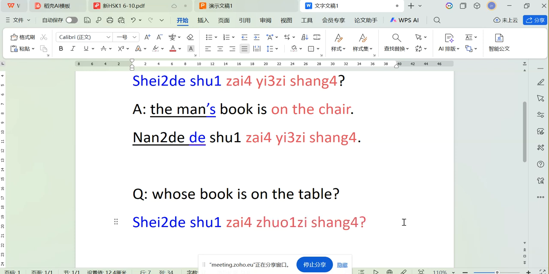So ask the question, whose book is on the table? The whole sentence should be 谁的书在桌子上。